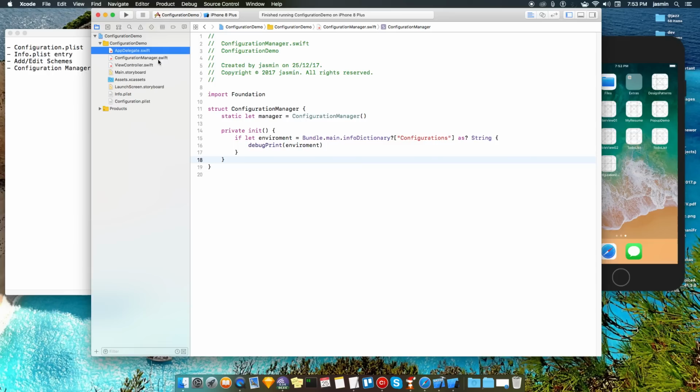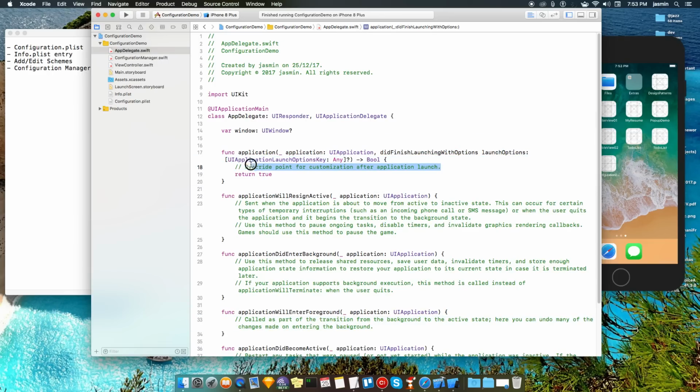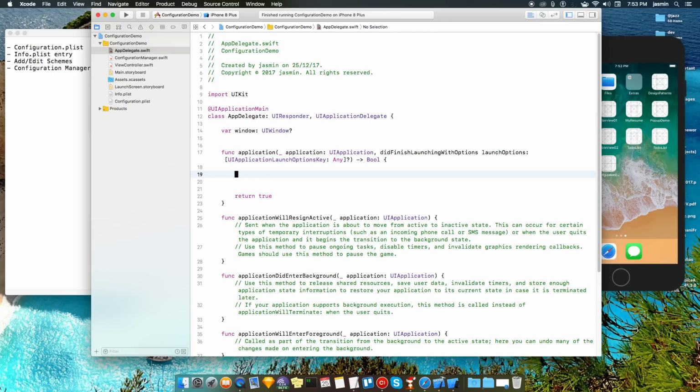So guys, we need to access these things. Let's write over here ConfigurationManager.manager. When the configuration manager has been initialized, it will automatically be printed into our console.